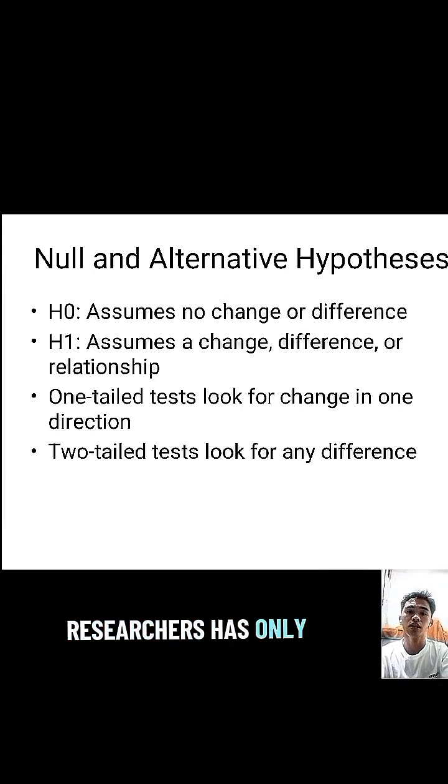Researchers only reject it if there is enough evidence from the data. This helps prevent people from making conclusions too quickly without enough proof. One-tailed hypotheses are used when the researchers expect a change in only one direction, such as an increase in sales. Two-tailed hypotheses are used when researchers only want to know if there is any difference, whether it is an increase or decrease. Example,